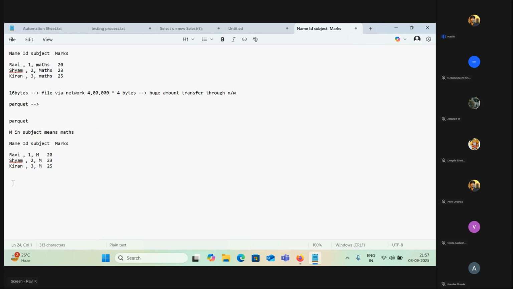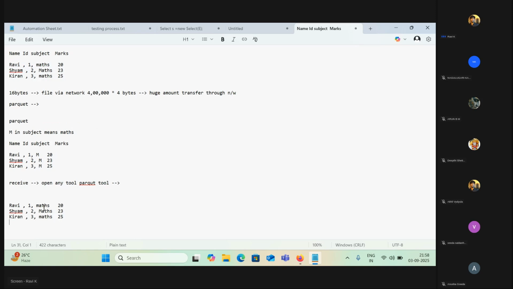While you receive this file and open it in any Parquet tool, you're going to see it the same way, like this. Why? Because this m is mapped to this max. When Parquet is about to show you these files, it will make sure that this m is renamed to max. In that way, the user will be able to see that. So in that way, this Parquet file is reducing some data and all those kinds of things.